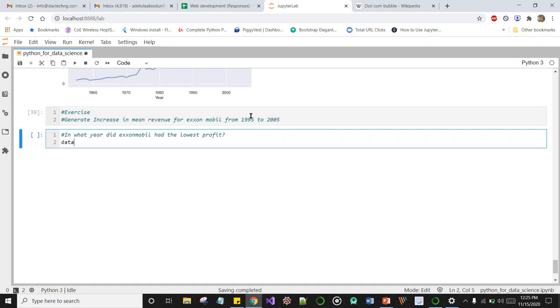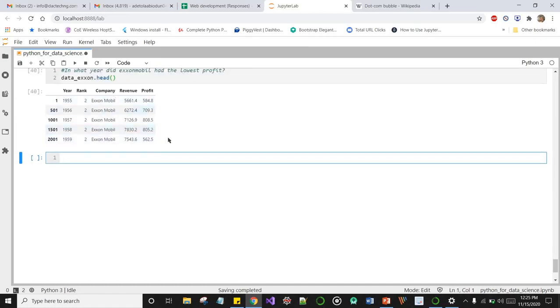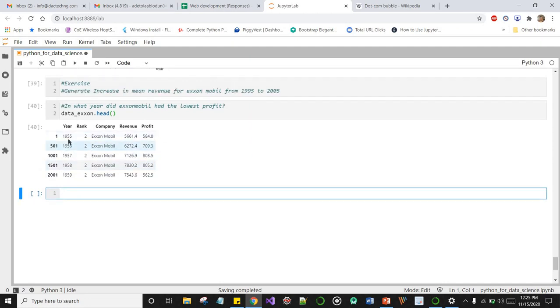So the name of our data is data underscore Exxon, if I'm still correct, dot head, just to bring back our data. This is how our data looks. So we want to know the particular year in which ExxonMobil had the lowest profit.